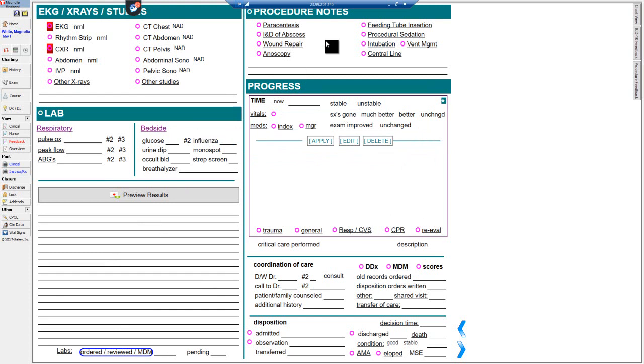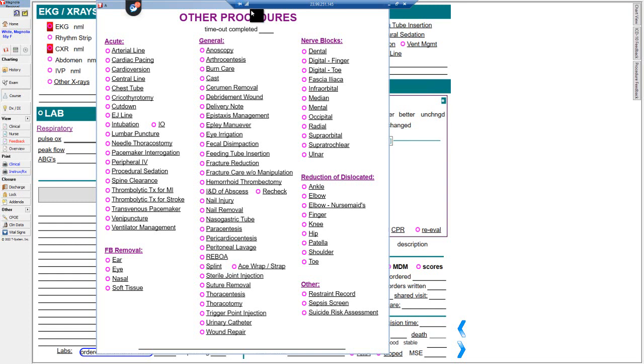Procedure notes are here. So procedure notes will be top level depending on what flavor template you got. If I have a lower extremity injury, wound repair is going to be there, splinting is going to be there, things like that. But let's just run through a wound repair. There are multiple procedures inside this donut. If you want to see that, there are quite a bit. Okay. Big thing here to remember is,